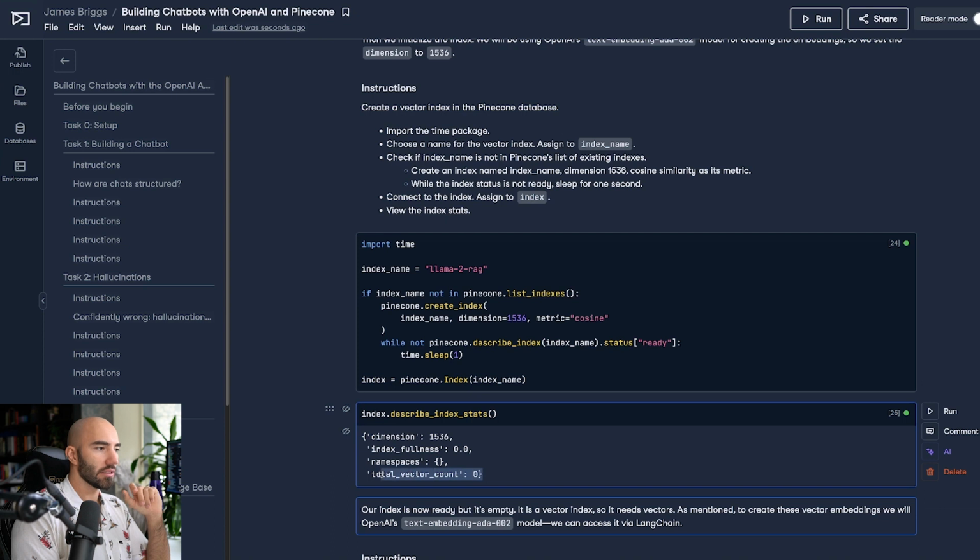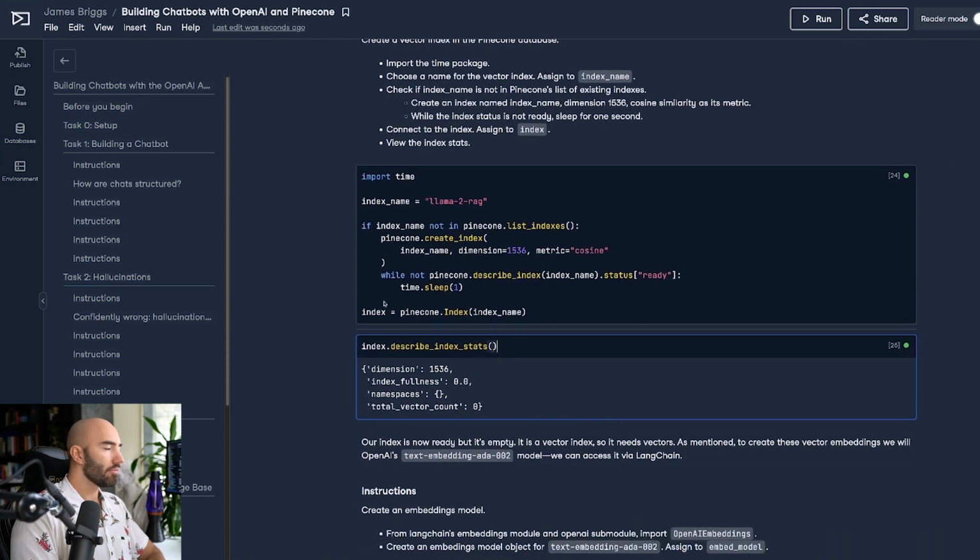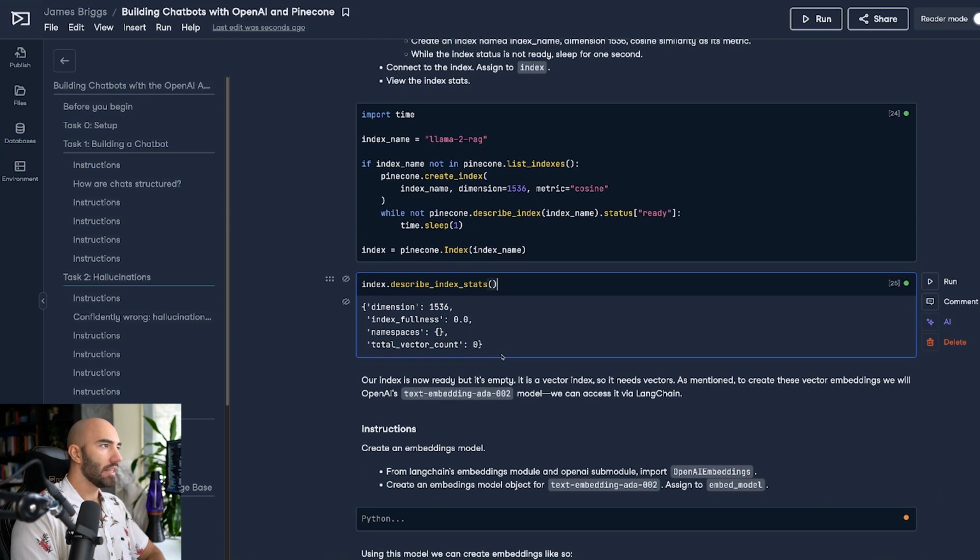Okay, so yeah, you can see total vector count 0 because we haven't put anything in there yet. All right, cool. So we have our index that's ready.